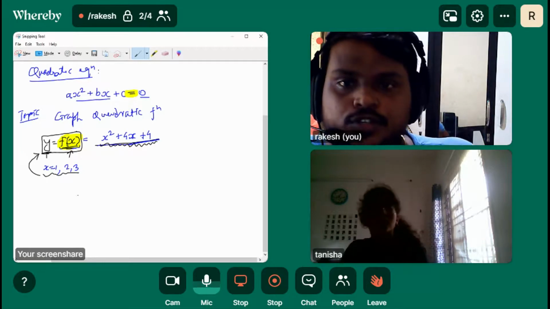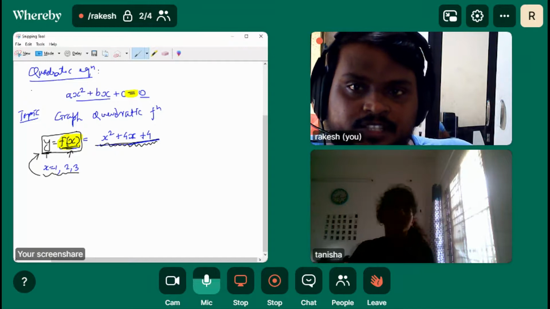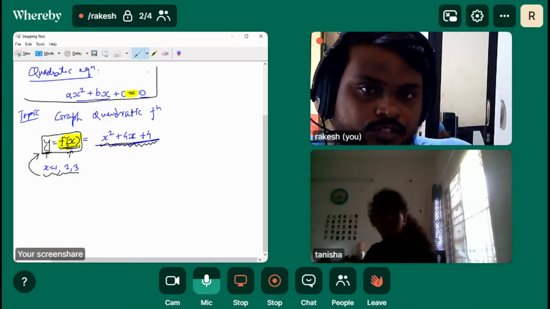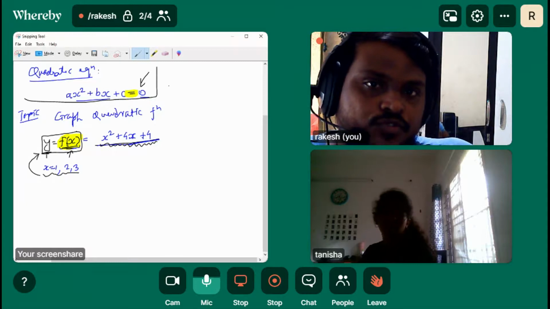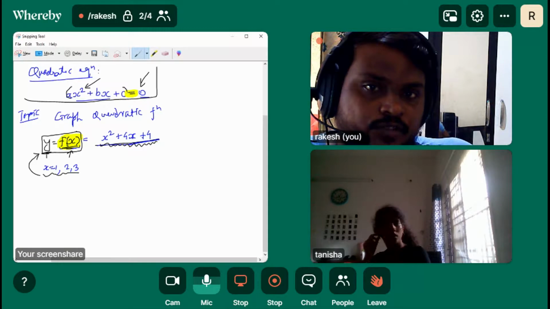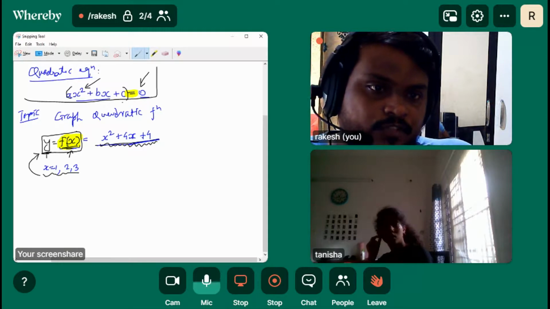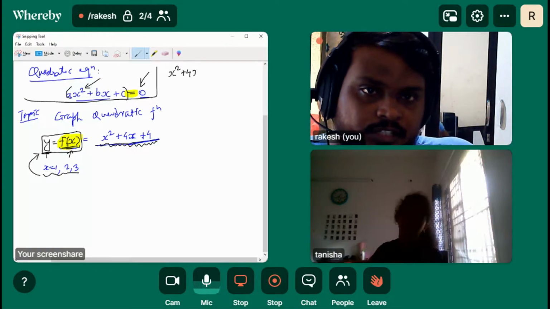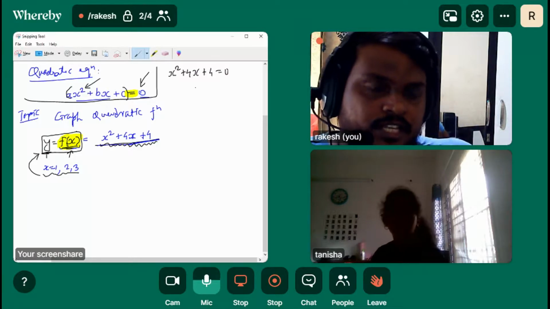And this is completely different, ax square plus bx plus c is equal to 0. This is an equation we use to solve the quadratic equation, right? Means we are looking for x values which give this term equal to 0. You must have solved the quadratic equation. What would be the solution of this? Can you answer that? Because this is a quadratic equation.